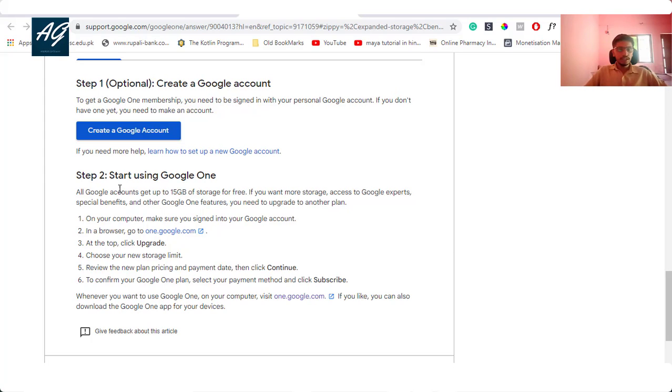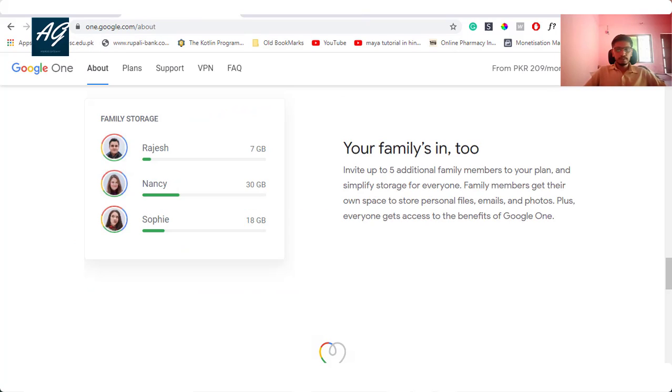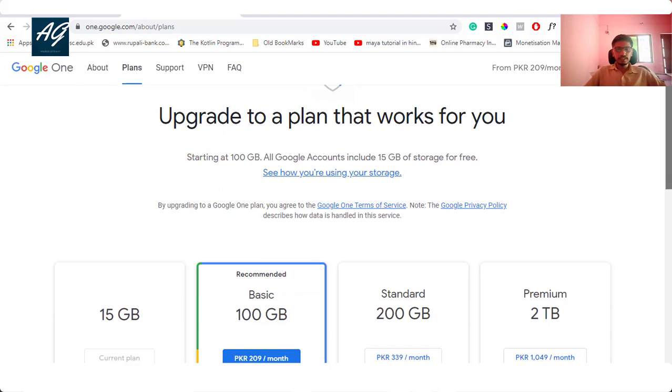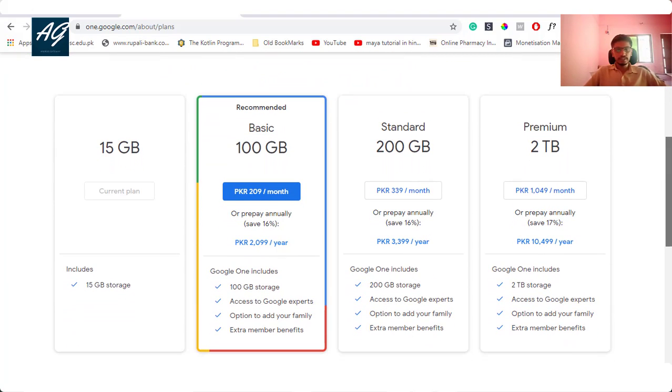The second step: all Google accounts get 15 GB of storage for free, and if you want more storage, access to Google experts, special benefits and other Google One features, you need to upgrade to another plan. On your computer, make sure you sign in with your Google account and then go to one.google.com, and go to the plan section.